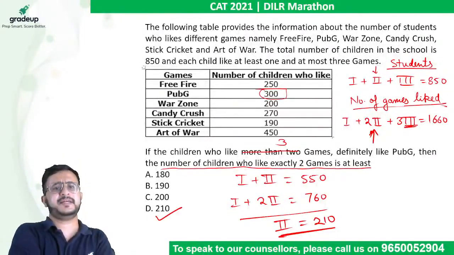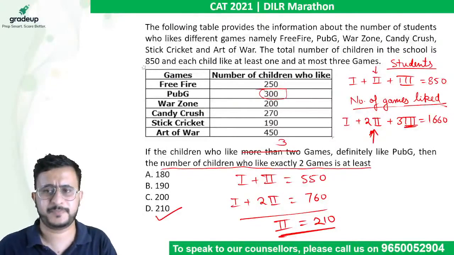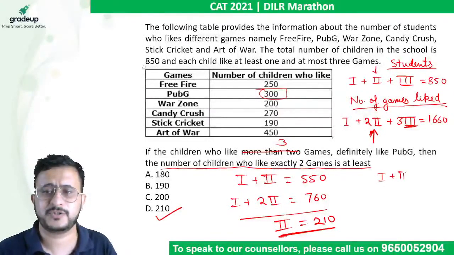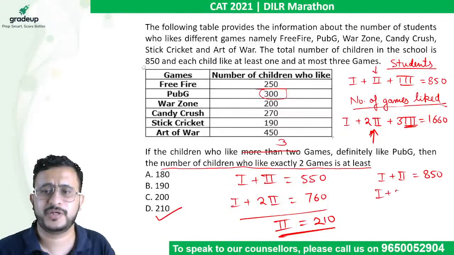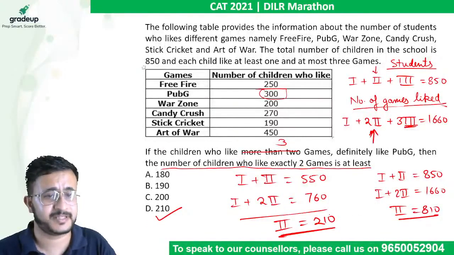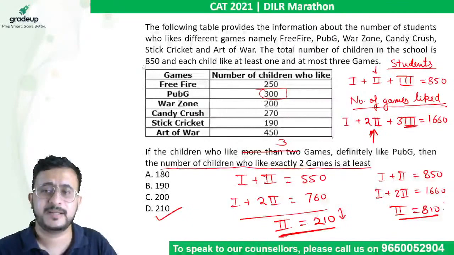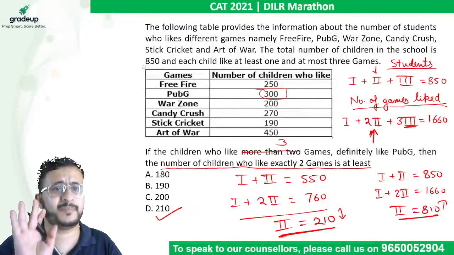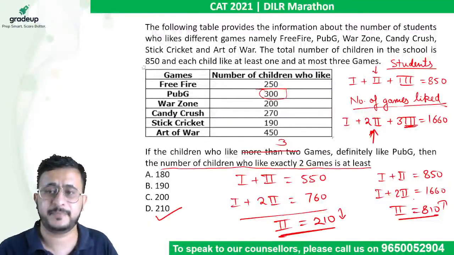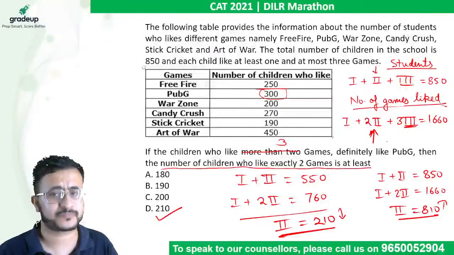Now you must be thinking कि कुछ और रख के देखते हैं, right? If you want to experiment, you think that let me put 0. So what equation will you get? 1 plus 2 is equal to 850, right? And 1 plus 2 times of 2 is 1660. So you'll get people who like 2 games is 810, right? So we have to find the minimum value. This is the maximum value. So in order to maximize one thing, you have to minimize the other thing, and vice versa. So maximum 810 people can like 2 games, but minimum,